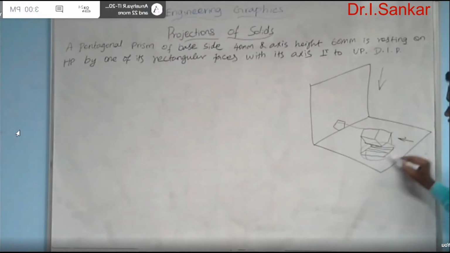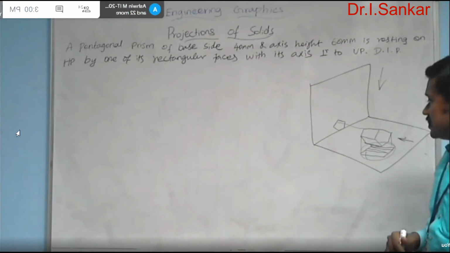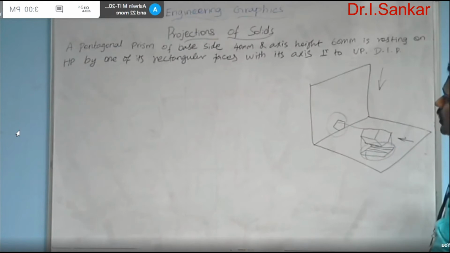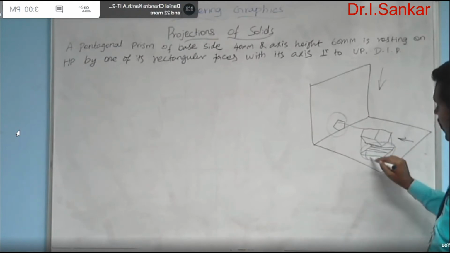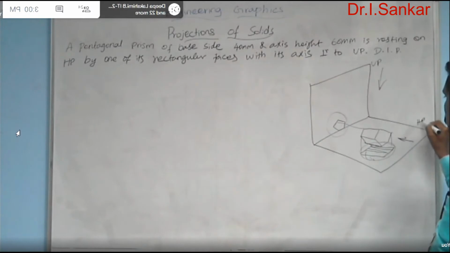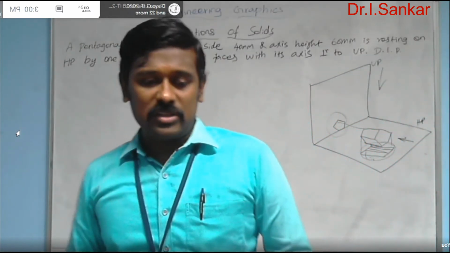Exactly what we get in the top view can be drawn by using the proper procedure. So just have the idea: the base view of the solid will be obtained in the front view and the lateral view of the solid will be obtained in the top view, because that is VP and that is HP. Keep this in mind. With that preliminary idea, we can start to answer this question.